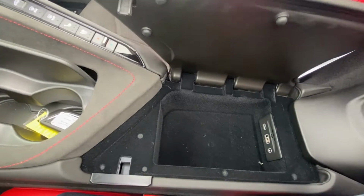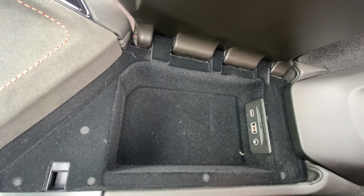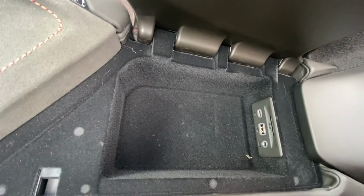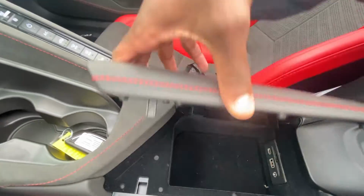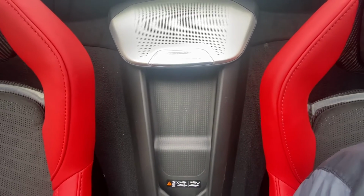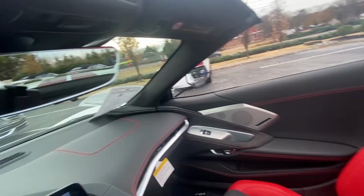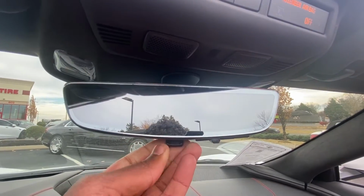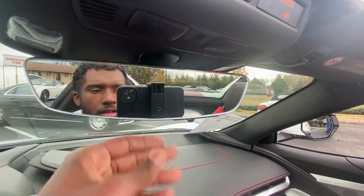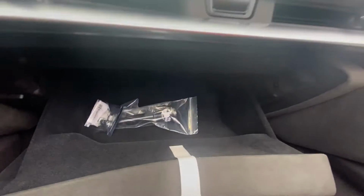And then here we have our center console cubby space, which gives you access to the aux input, 2 USB ports, one being a USB-A, one being a USB-C, and then an SD card reader for that navigation. And then there we have a wireless charging pad. Rear camera mirror here. We can toggle that. It's kind of bright right now. And then to open the glove compartment,